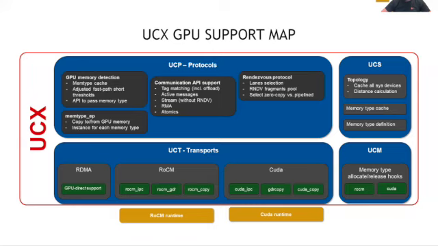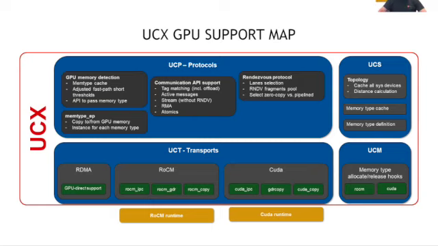On the UCS side, we have a topology detection. It caches all system devices and is able to give some approximation of bandwidth and latency between different devices. We have the data structure that is the actual memory type cache, and the whole definition of the memory types. On the UCM,